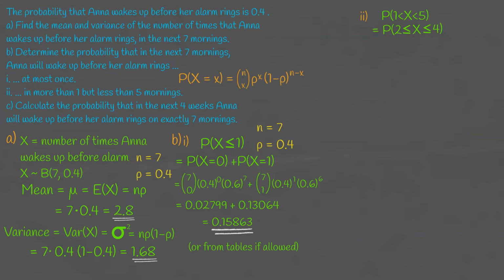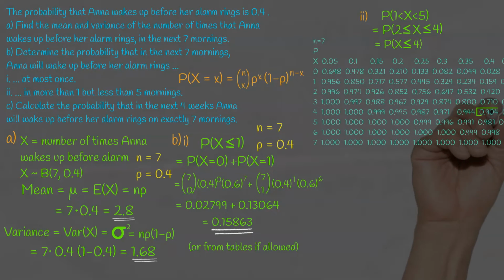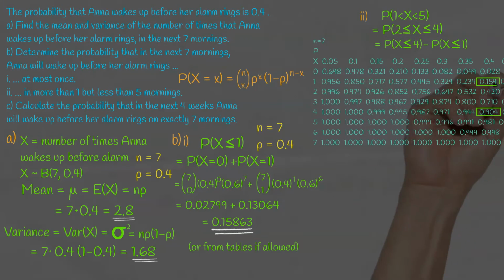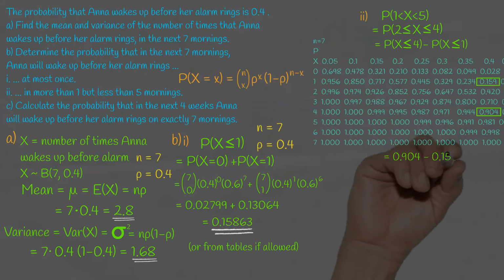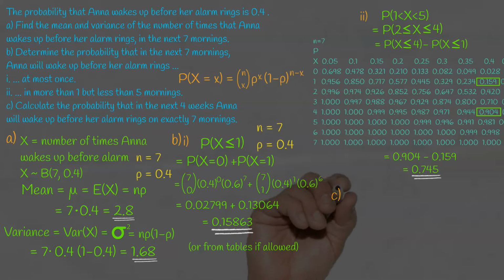Therefore, if we get the tables for n equals 7 and find the value for x is less than or equal to 4, we can subtract the value for x is less than or equal to 1 from it to get our answer, which is 0.745. And for part C, we have to work out the probability that she wakes up on exactly 7 mornings